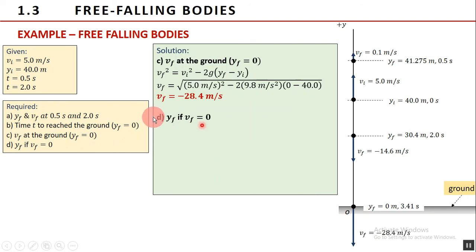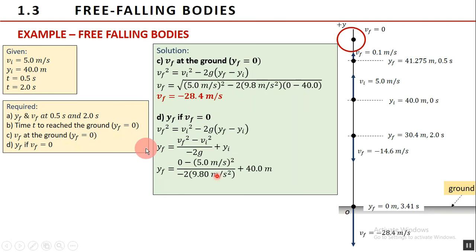Lastly, letter D, we will solve for the maximum height. So we set v sub f to 0. And using again equation 5, then transforming this appropriately to solve for the final position y sub f. So here's the transformed equation. Substituting the values, -5 squared divided by negative 2 times 9.8, and adding 40. The maximum height reached by the sandbag is 41.28 meters. After reaching this position, the